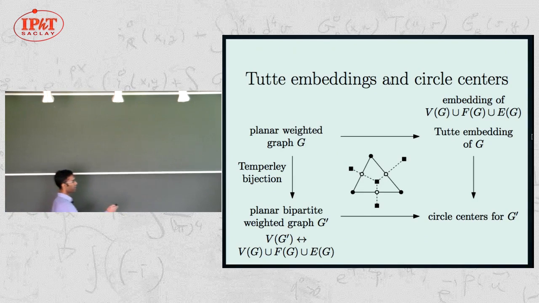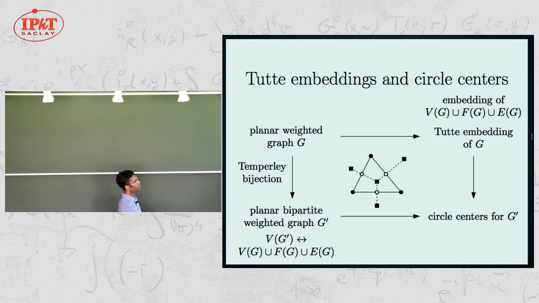So then what I can do is to construct the Tutte embedding of that original graph G. What is the Tutte embedding? It's an embedding of both the primal and the dual graph of G in such a way that each pair of a primal edge and the associated dual edge is orthogonal. So it also gives you a position for the edge midpoint. You just put it at the intersection of the two lines. And the claim is that